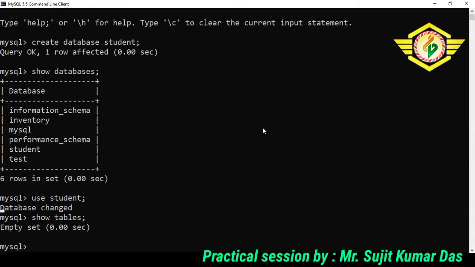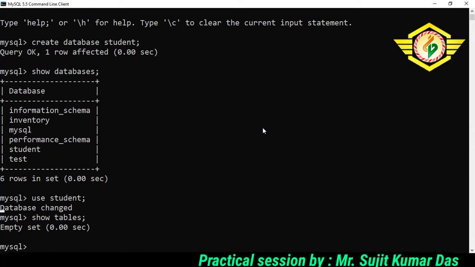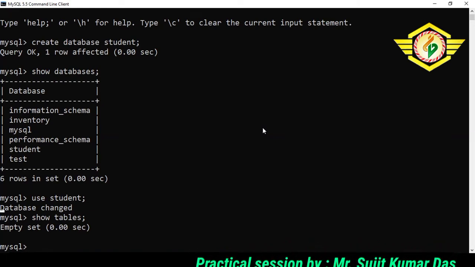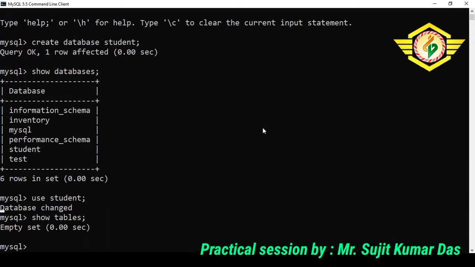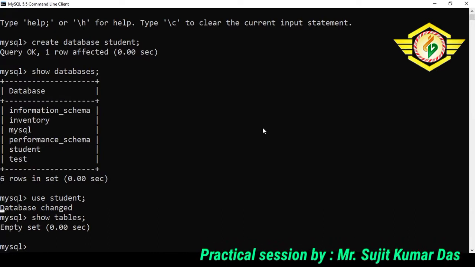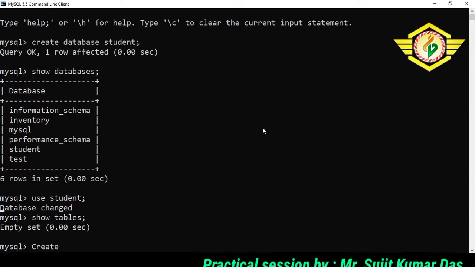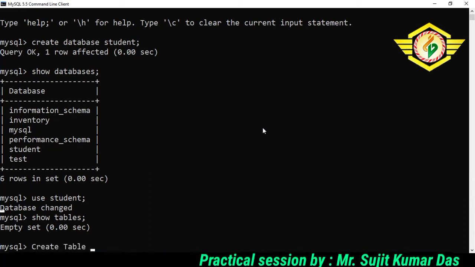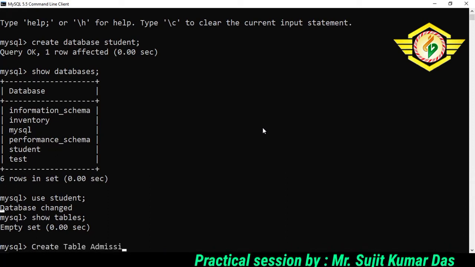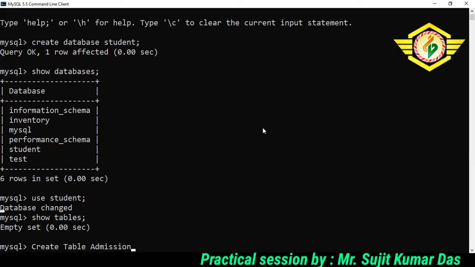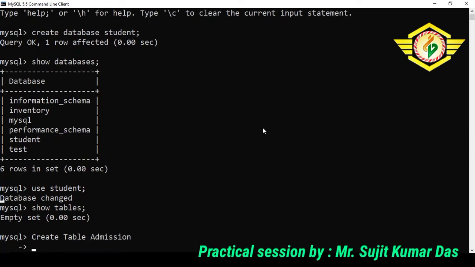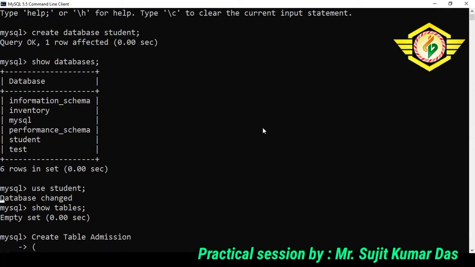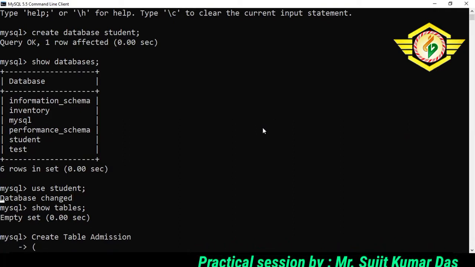So we will first create a table on which we will be working. Let us create a table called admission. The command, you must be aware, is the create table command. It is a DDL command. Create table admission. Then we put a parenthesis to start the names of the columns that we will be making.